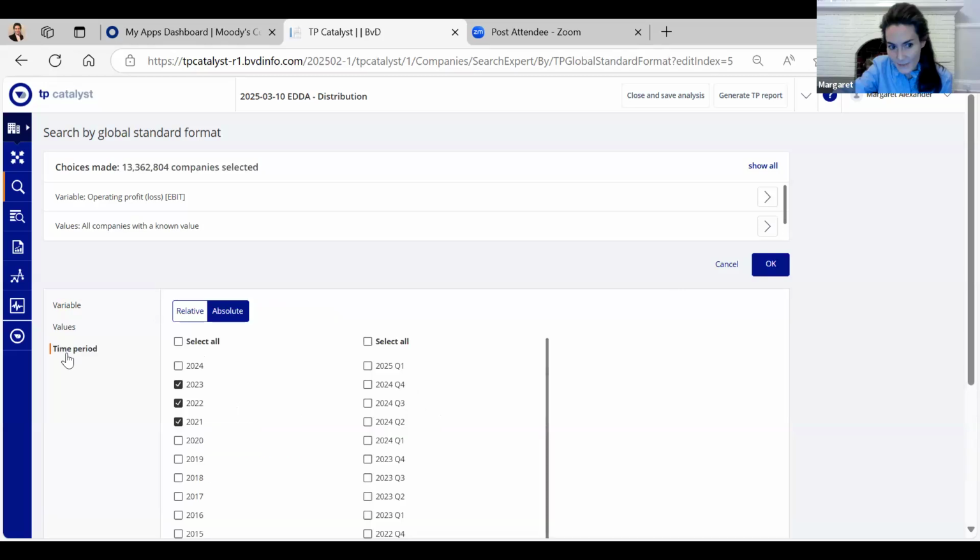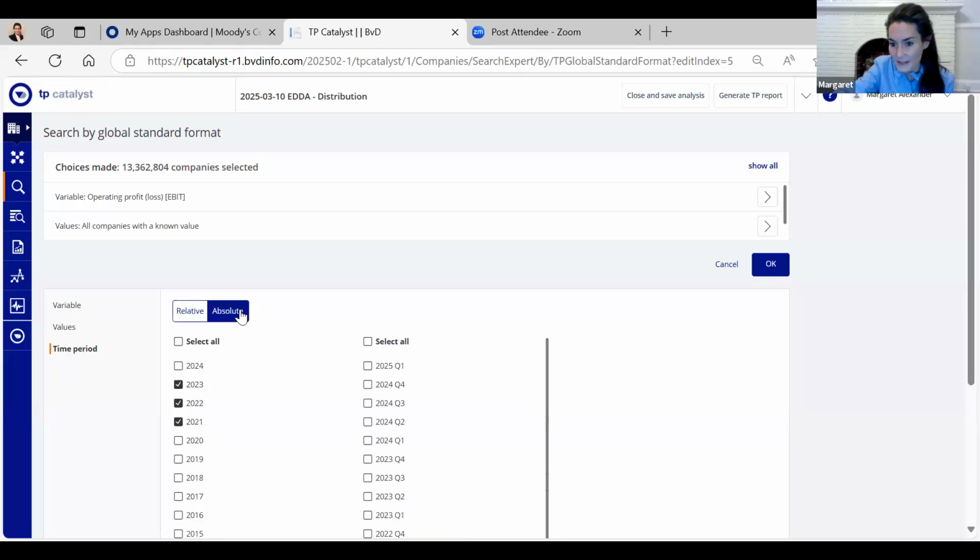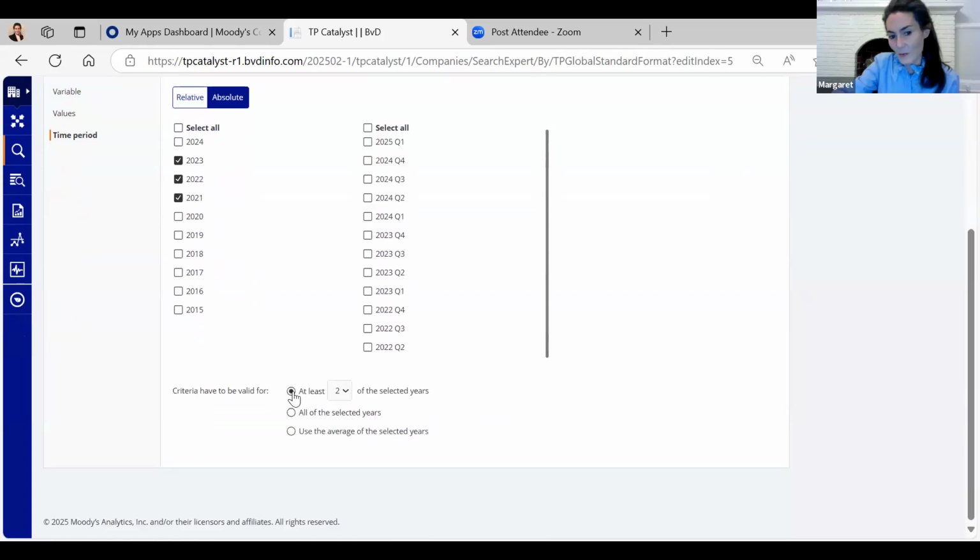The third piece of information you have to put in is the time period. You select the years. You can pick between relative and absolute years. I don't think I've ever used the relative choice, so I'll pick the 3 years that you're including in your analysis. So I picked 21, 22, and 23. And if you scroll down, then you get to tell the tool which of those years do you want to be included in this step.